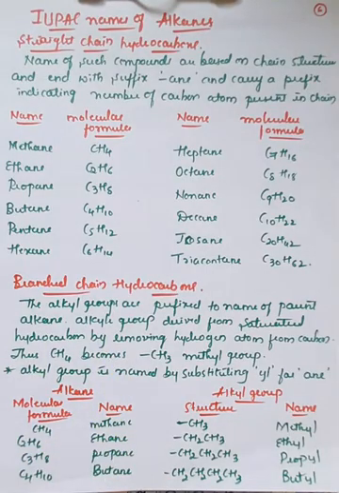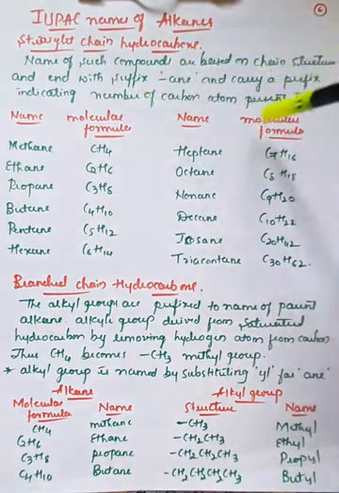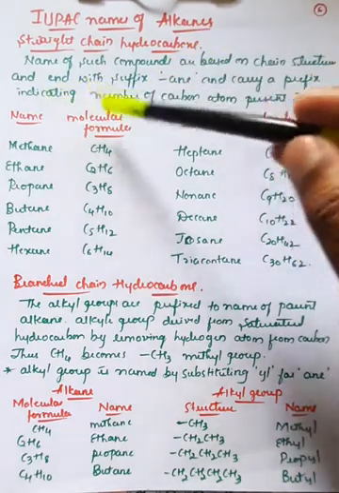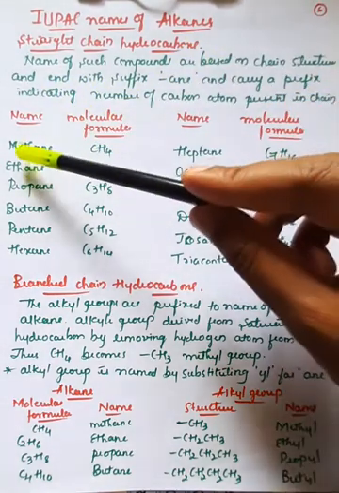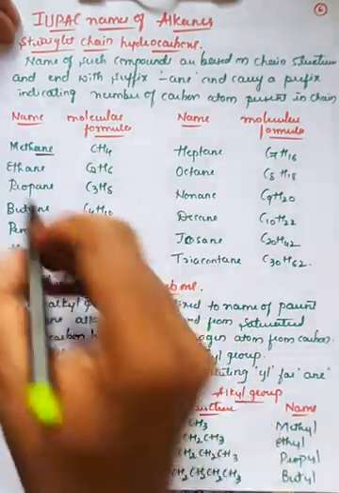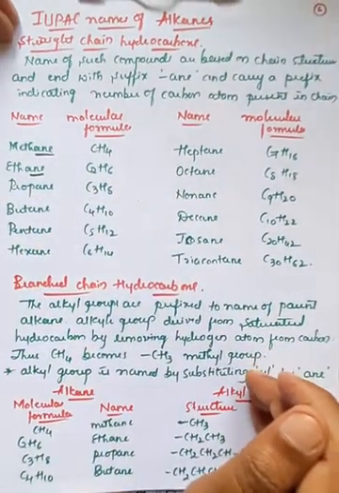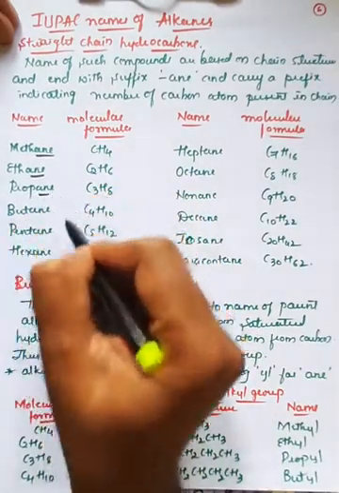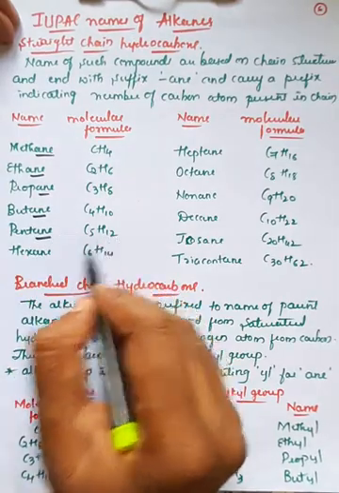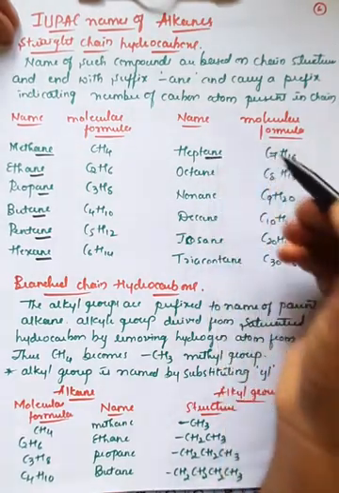So the main thing you have to observe is we have taken the "ane" from alkanes as a suffix, and further by counting the number of carbon atoms, the name is given for the different molecules, right? So if the molecular formula is CH4, we will call it methane. Observe here, the last term is "ane" in everything. Methane, right? If it is 2 carbon atoms, it is called ethane. And if there are 3 carbon atoms, it is propane. If there are 4 carbon atoms, that is butane, pentane, C5H12, and C6H14 hexane, C7H16 heptane.